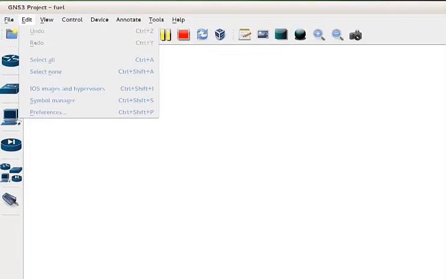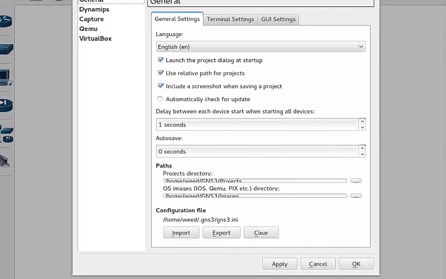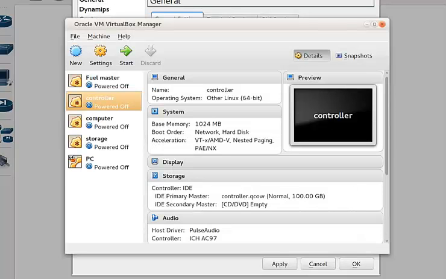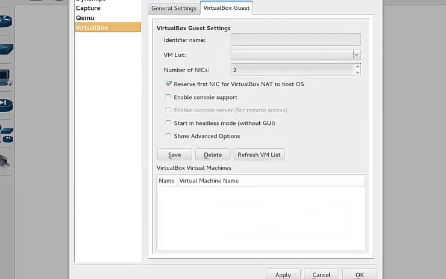Alright, so now I'll go straight to Edit and Preferences, and once I'm here, what we really need to do is bring those virtual machines, which are actually on the VirtualBox side of things, onto the GNS3 side of things, so that we can have much more fun with that stuff. Okay, so now I'll go straight to VirtualBox down here. If you go to the VM list and hit this down arrow key here, you see nothing there, everything is empty. But if I come to the refresh VM list tab and hit it once, and then come back to the VM list,